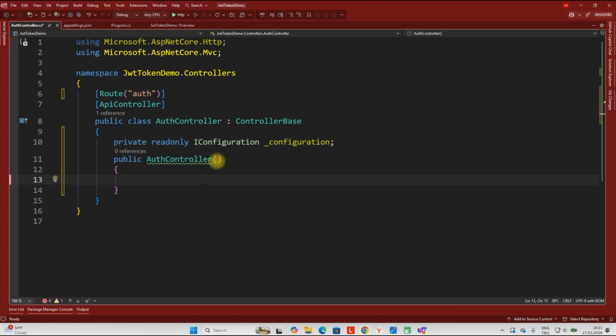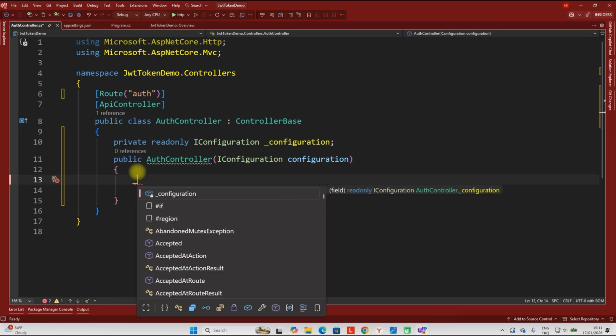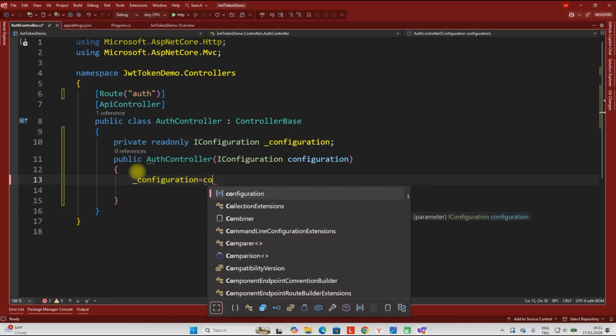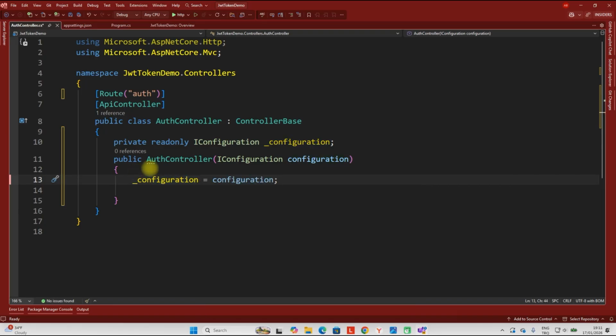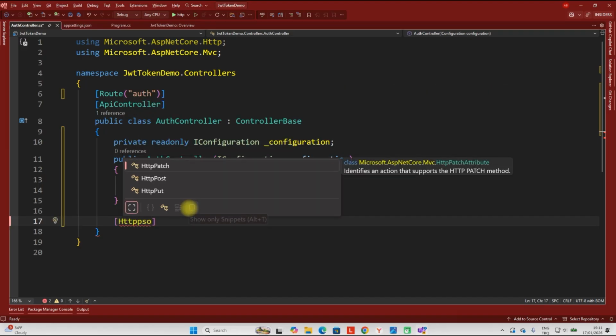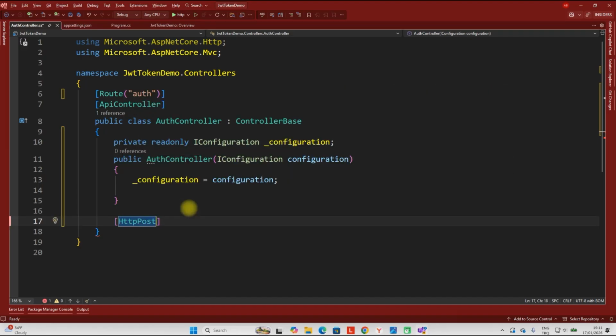And we're gonna give the parameter for constructor injection and set the initial value for dependency injection configuration. Then we can use it. Here let's create a new method. It's gonna be HTTP post. It's gonna be login,